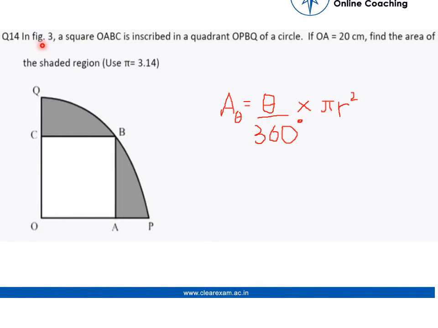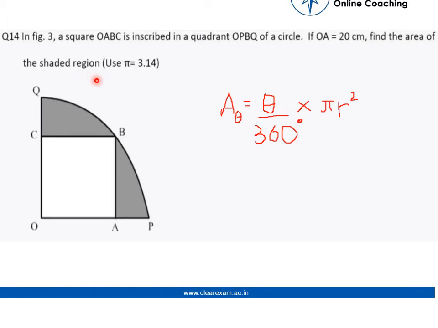Here in the given figure, a square OABC is inscribed in a quadrant OPBQ of a circle. If OA, which is the side of the square, is equal to 20 centimeters, then find the area of the